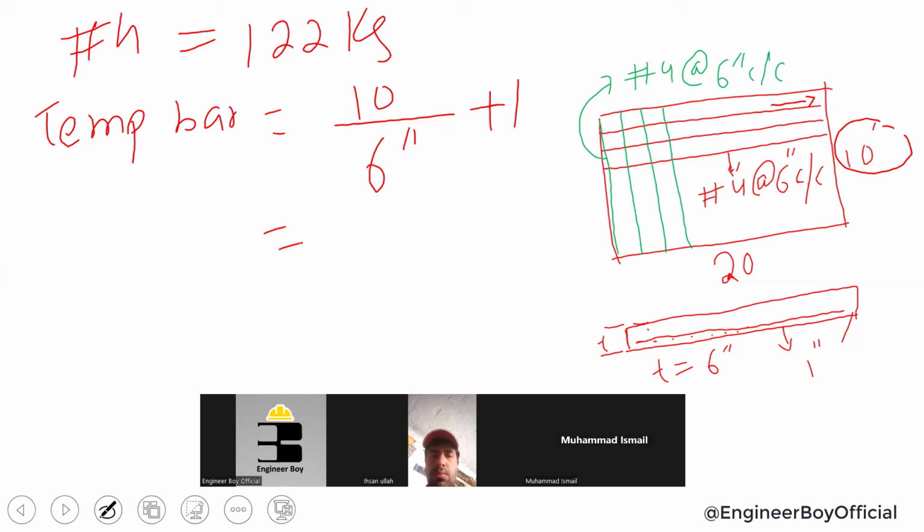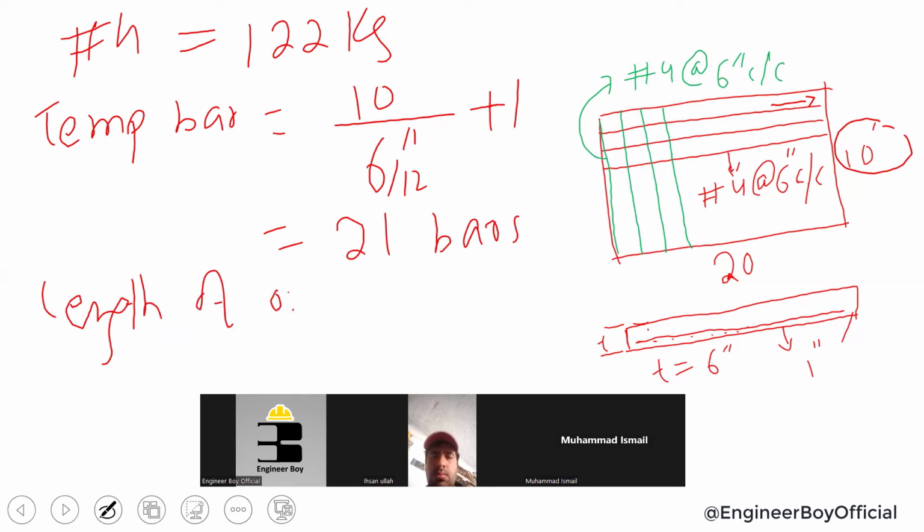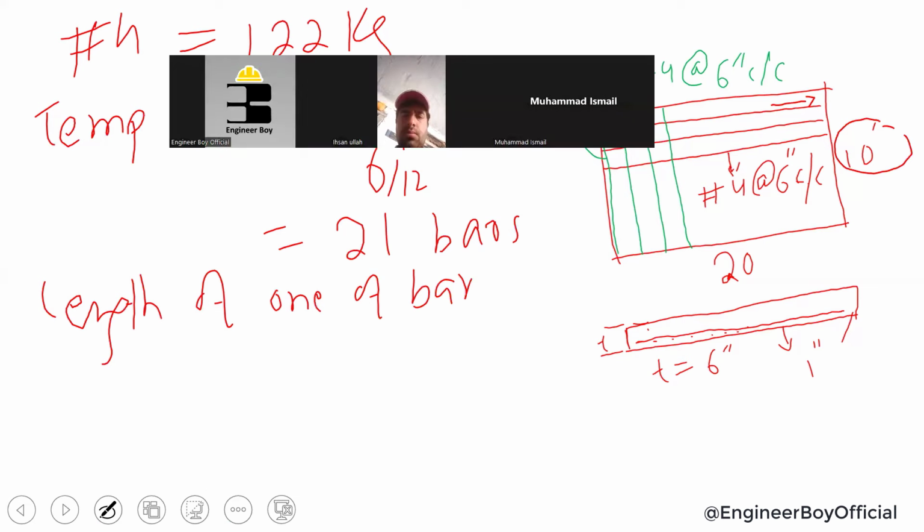So you have to just divide 6 inches by 12 to convert that into feet. This is going to be 21 bars. Now, length of one bar should be, as you can see, this is 20 in length. We have to subtract 2 inches for one side and another side is concrete cover. So we have 20 minus 2 times concrete cover, or 2 times 1 inch. Very simple. So 1 over 12 is something like 0.08, multiply that with 2. Now you have to subtract 20 minus the same answer, and that's the length of one bar, which is